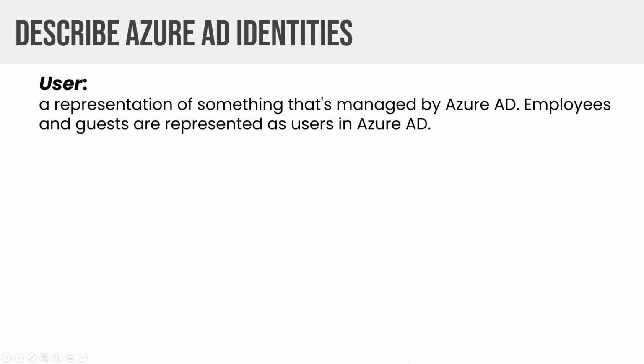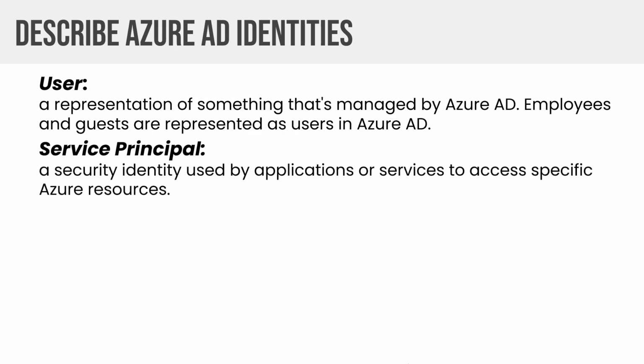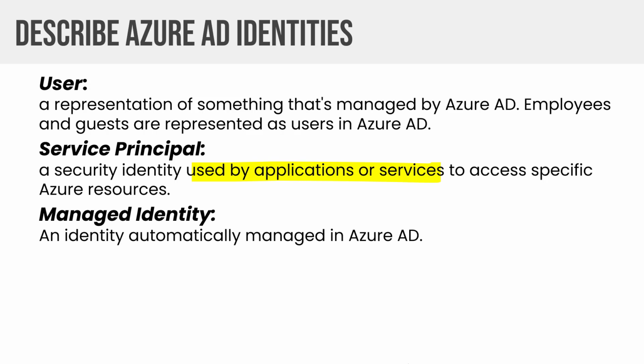So we'll start with a user, which is a representation of something that's managed by Azure AD. Specifically, employees and guests are represented as users in Azure AD, be those internal users in your directory or external guests represented in Azure AD. You have a service principal, which is a security identity used by applications or services to access specific Azure resources. You have a managed identity, which is an identity automatically managed in Azure AD, so really kind of a service